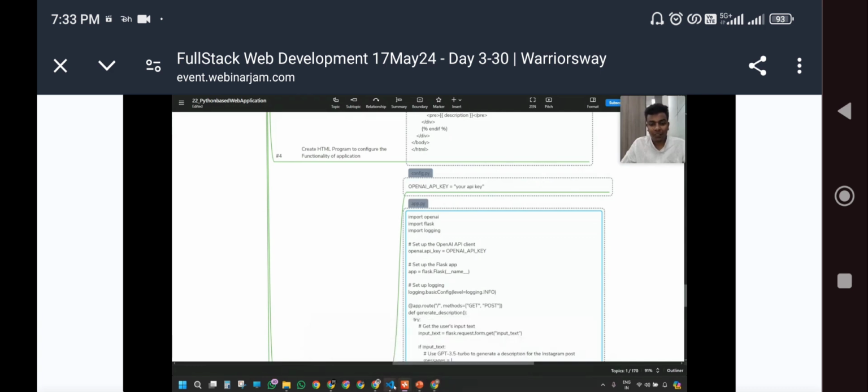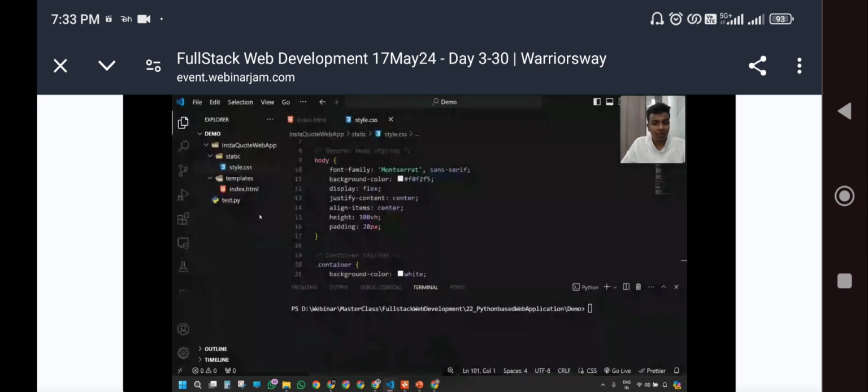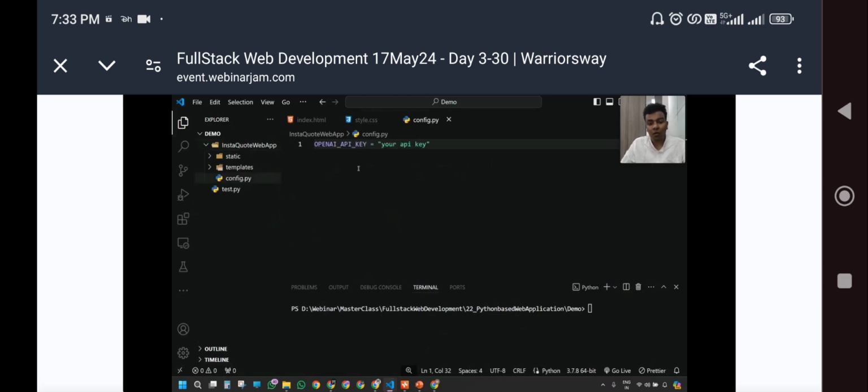Just create one Python file in this directory, inside this Insta code web application, called config.py, and paste this code into it.